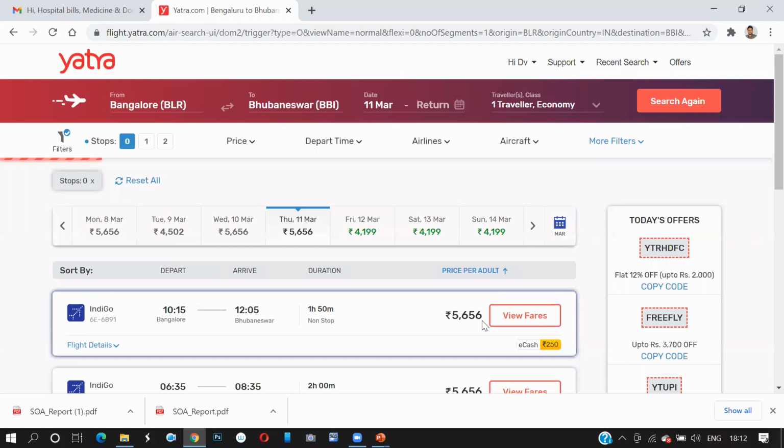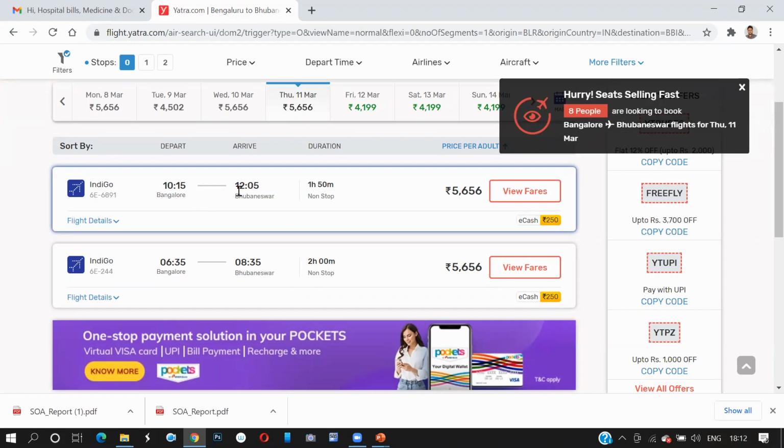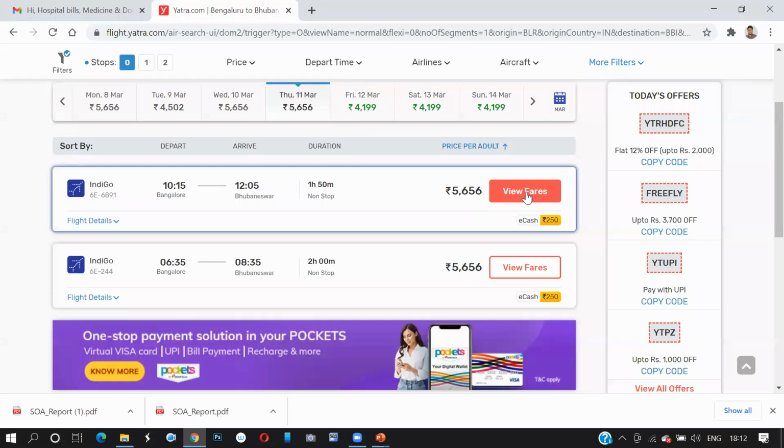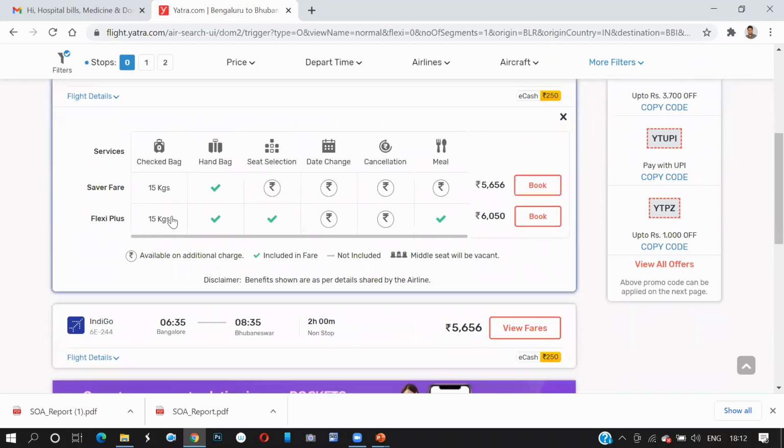Now you're coming here, you select this flight, along with which is given the flight name, the departure time, the arrival time, the duration of this flight, the flight cost. You see the fare and you go for booking this. Now it's saying that when you go for booking fare, these are the services they're going to give you. Just in case you want to go with meals, then definitely you can book for 6,050, if you're going by this as a fixed plus. If you go for saver fare, the price is coming like this. Now you decided that I'll go with the food meal.